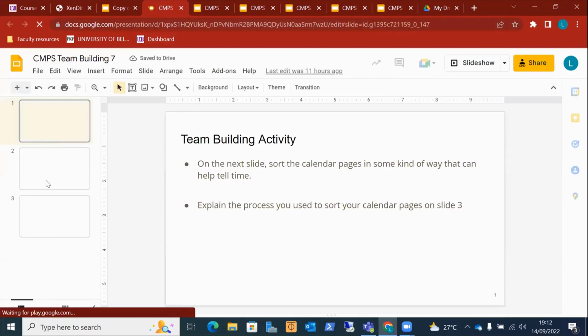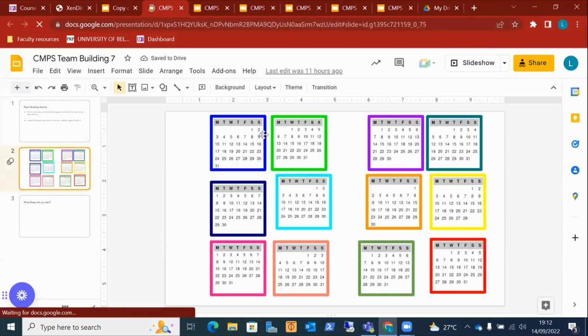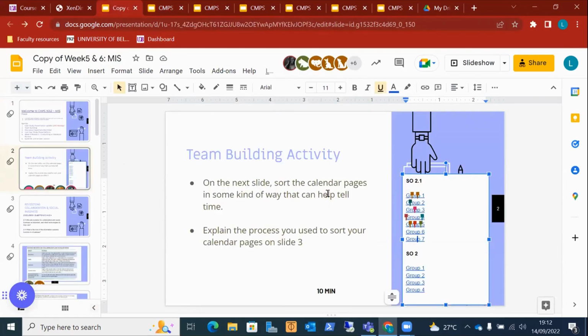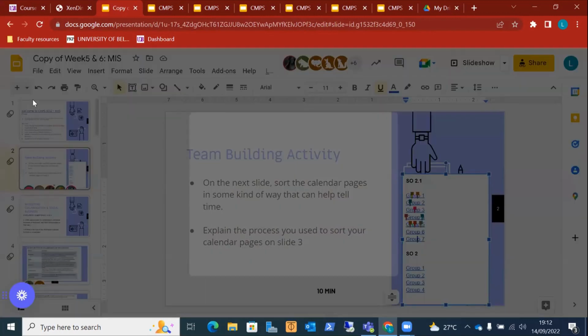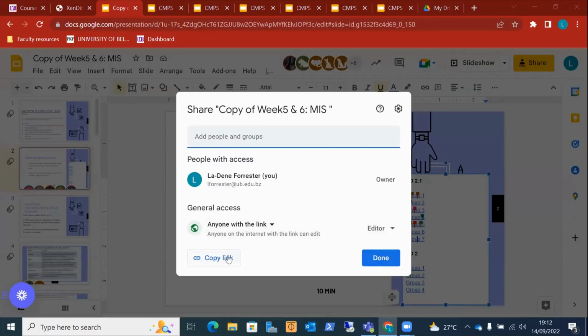So if you're in group 7, for instance, you just click on group 7 and try to see if you can figure that out in under 10 minutes. I'm trying to see which team is going to finish first. I just shared the PowerPoint link in the chat. So you want to open that PowerPoint and then I'm going to assign you to groups.